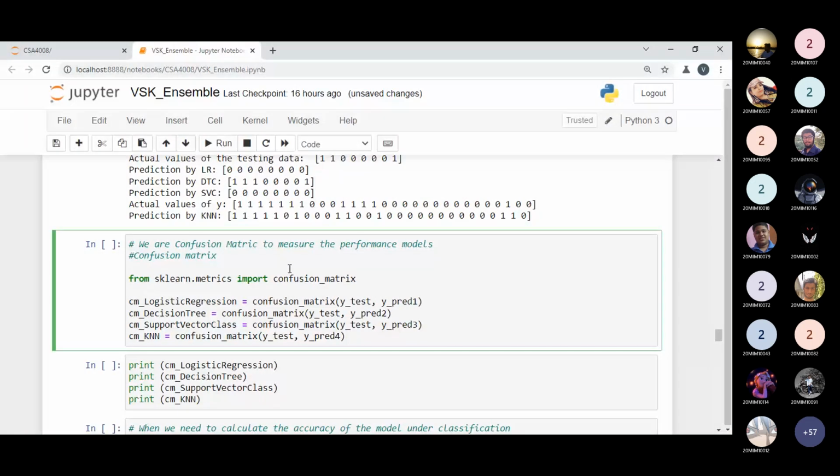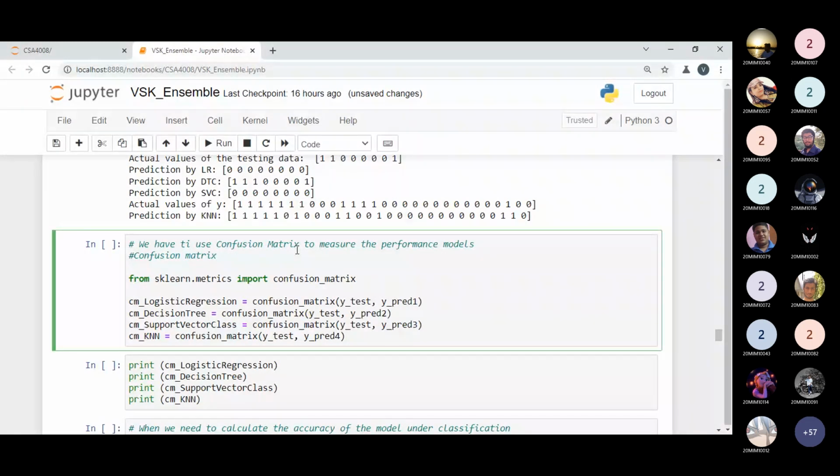We have to use a confusion matrix to measure the performance of the model. By applying the actual values and predicted values, we can get the confusion matrix.